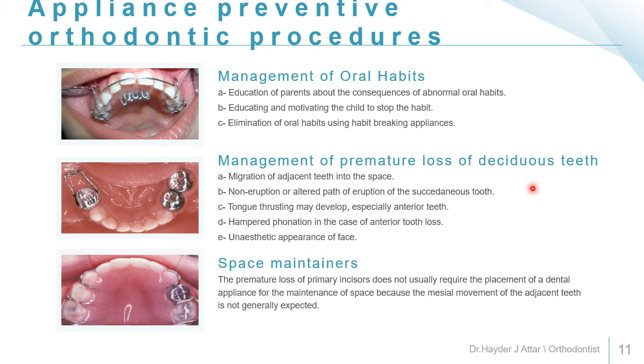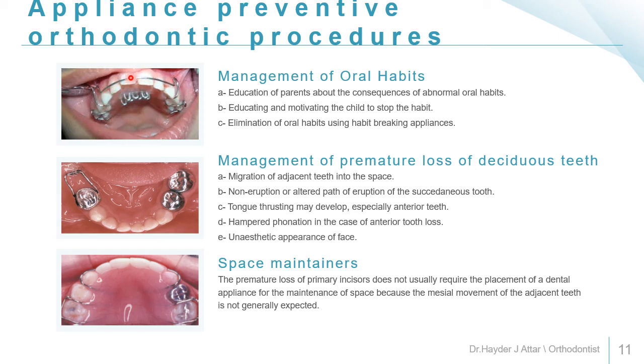Another type of preventive orthodontic procedure is the use of appliances, or the appliance preventive orthodontic procedure, and it includes habit breakers and space maintainers. The habit breakers are used for management of oral habits. The management of oral habits begins with the education of the parent about the sequelae of abnormal oral habits, in addition to the education and motivation of the child to stop the habit, and using removable or fixed habit